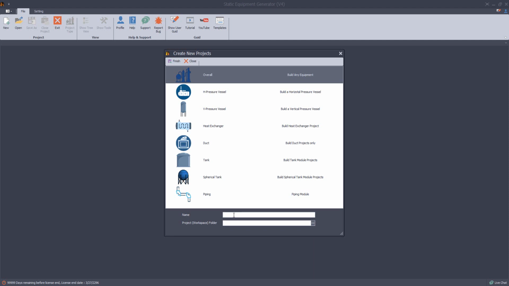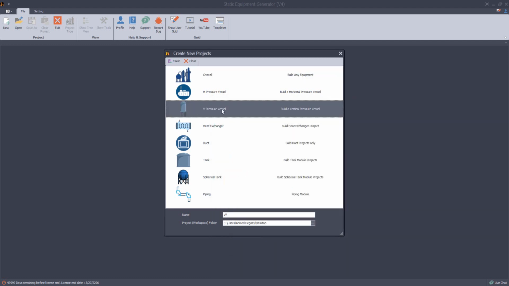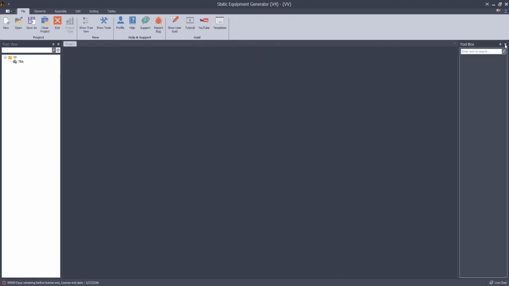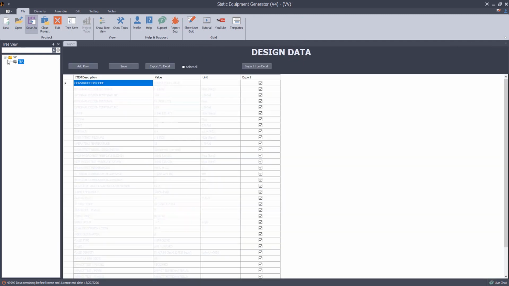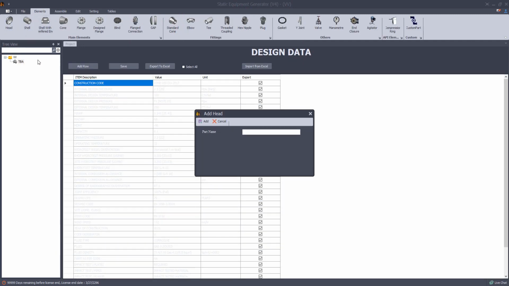From here, vertical vessel, define the location, select a vertical pressure vessel module and click on finish. Now SEG software will create the project files. From here let's select the equipment, and from the head button let's create a bottom head,